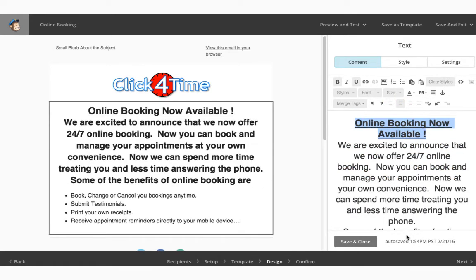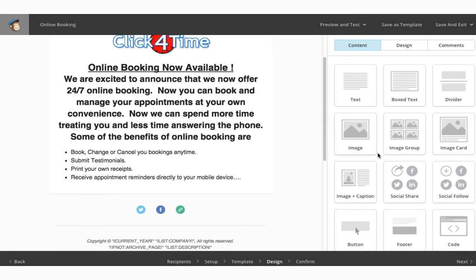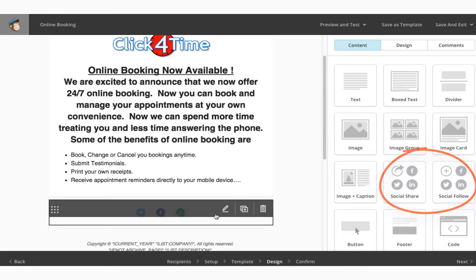You can even add other sections to the email, like images and buttons. Of course, you want to save along the way. Most of the email templates have social media and website links that you can edit. It's generally a good idea to promote any networks your business is linked to, to help build your community.